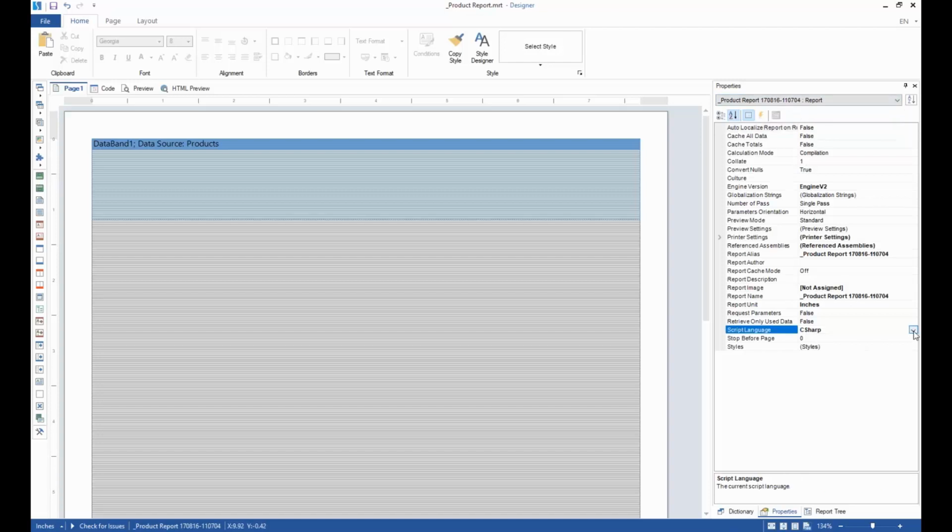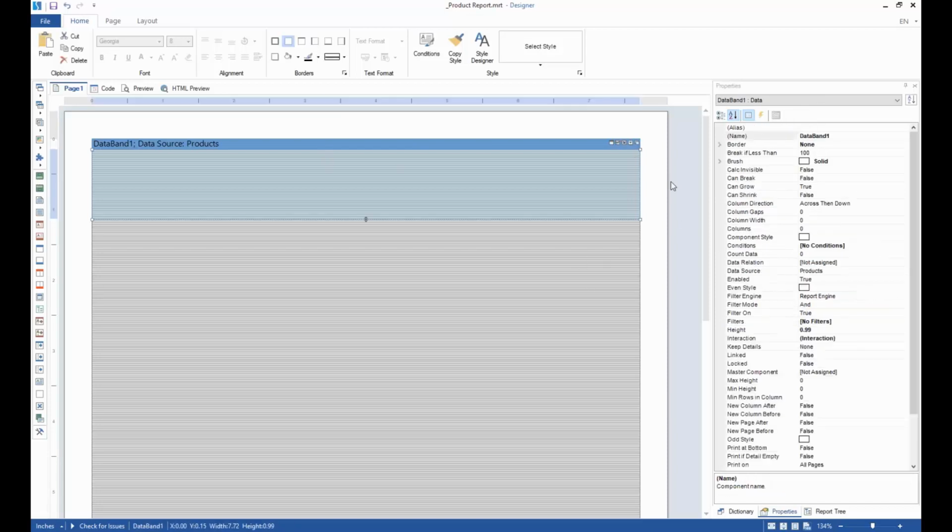And I'm going to change my script language from C# to VB, just because I'm comfortable writing statements in Visual Basic. We're not going to be doing in-depth coding or anything like that. It's just writing some simple expressions that have a little bit different syntax whether you're doing Visual Basic or C#. So we're just going to do Visual Basic here, and then I'm going to come back to my data band